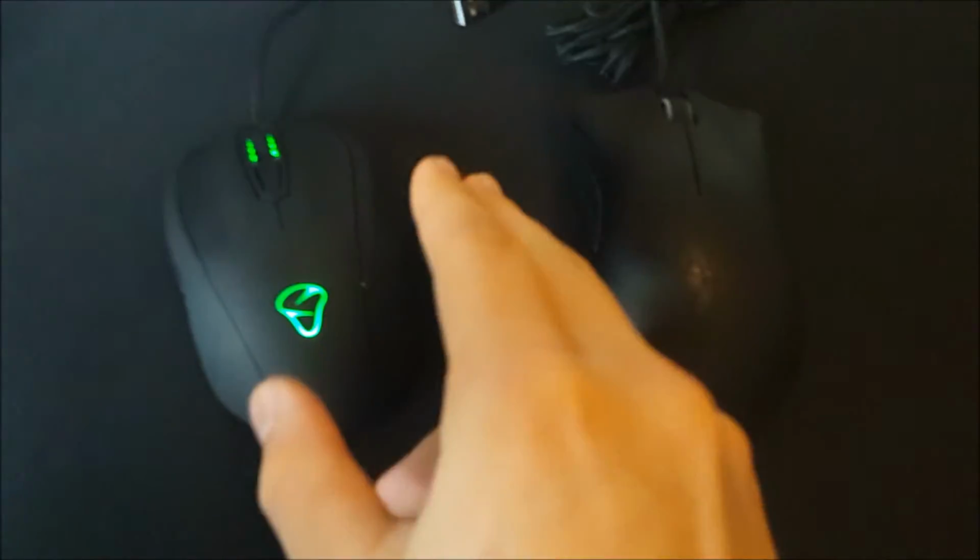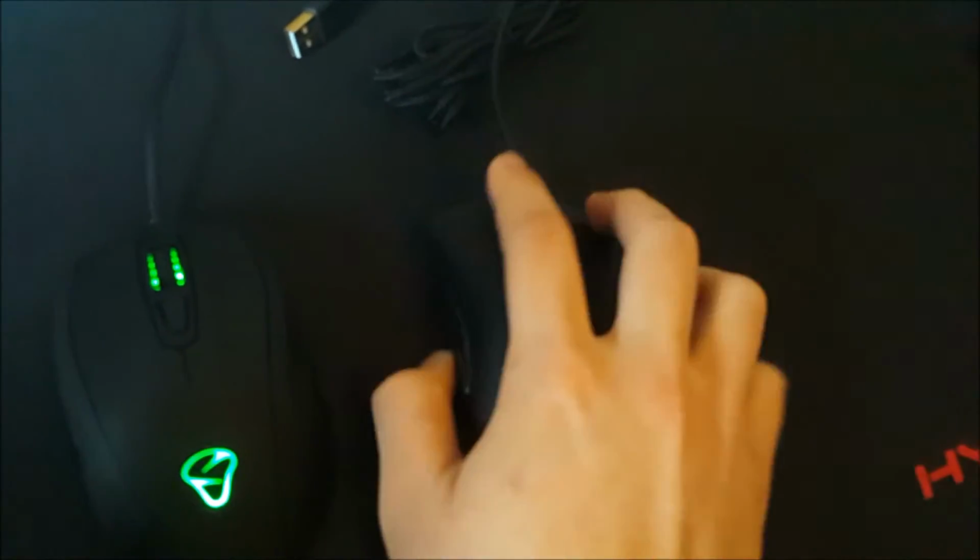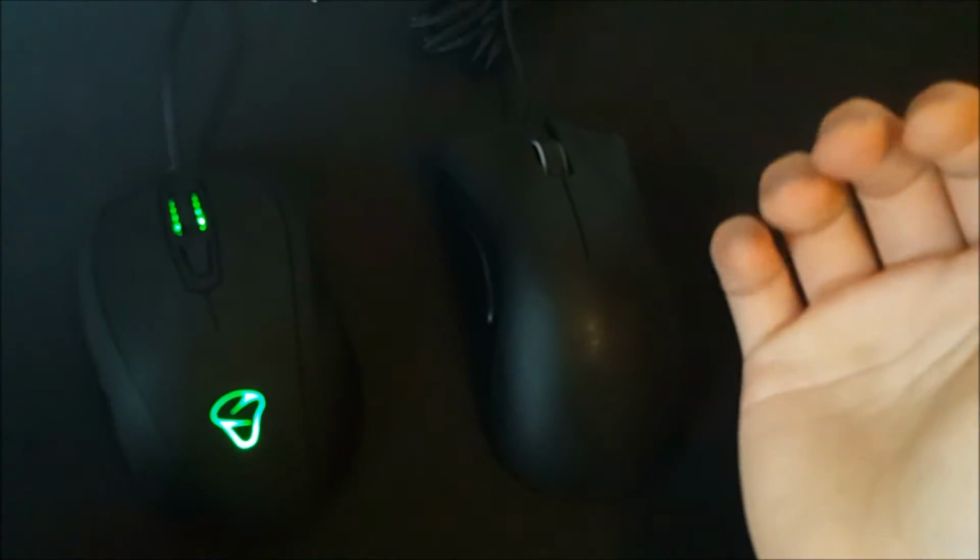This is a comparison of the Razer Deathadder 2013 and the Mionix Castor. Okay, the build for both. They're both made of plastic. It's sturdy, solid mice. The Deathadder, however, weighs about 105 grams. This weighs 94 grams. It feels lighter than the Deathadder, and